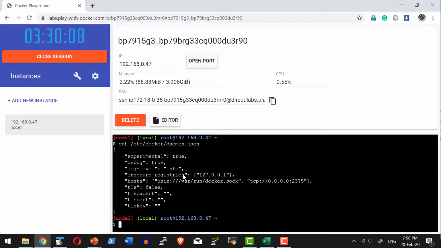In case I wanted this to be an external host name or external IP address, then I need to have that particular IP address or the host name or the domain name running on the HTTPS protocol, or otherwise I have to make an entry in this particular location. Since we do not have the restart permission for the instances within playwithdocker.com, I went ahead and did the demo with localhost. In the next lecture, we will be creating a registry within EC2 instances so that we can go ahead and make an entry into the insecure registries and do the push and pull using the domain name of the instances.